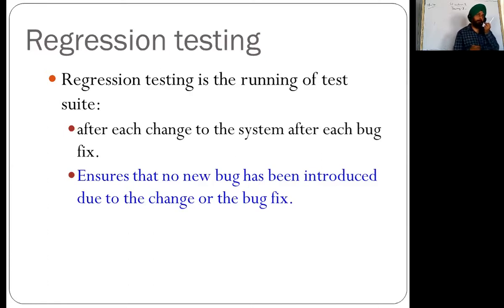Then there is fault-based testing. It was mutation testing, where we deliberately put some changes in your system and see whether your test suite can detect that error, whether it is able to kill that mutant or not. If it is not able to kill that mutant, then we have to enhance the test cases and test suite. Then there was regression testing, and in the end, we generate the test report. So this is all about testing.